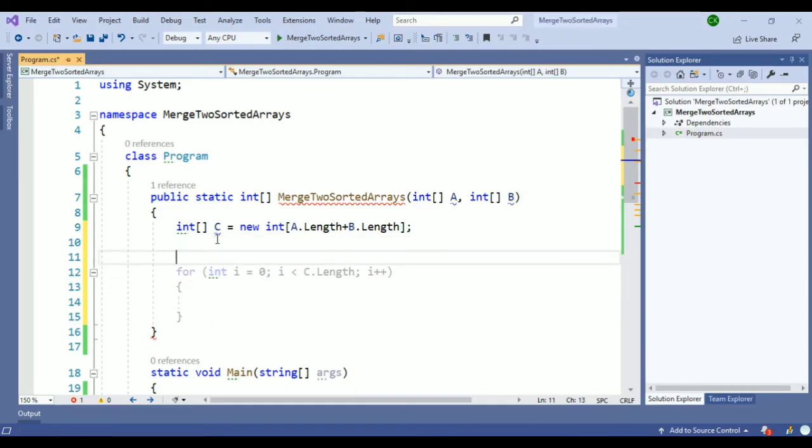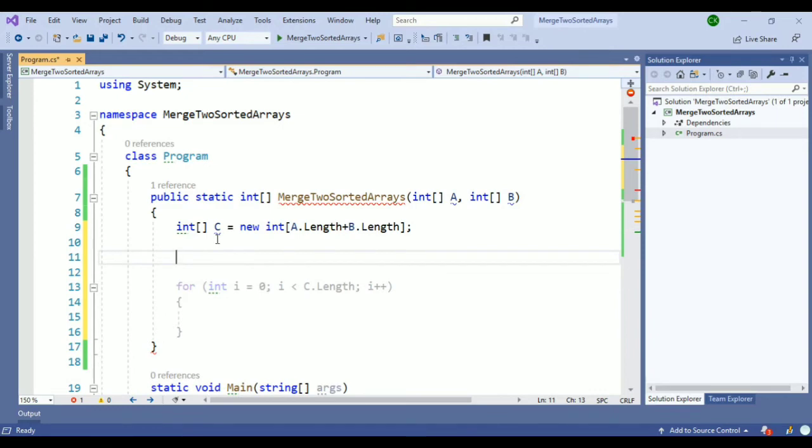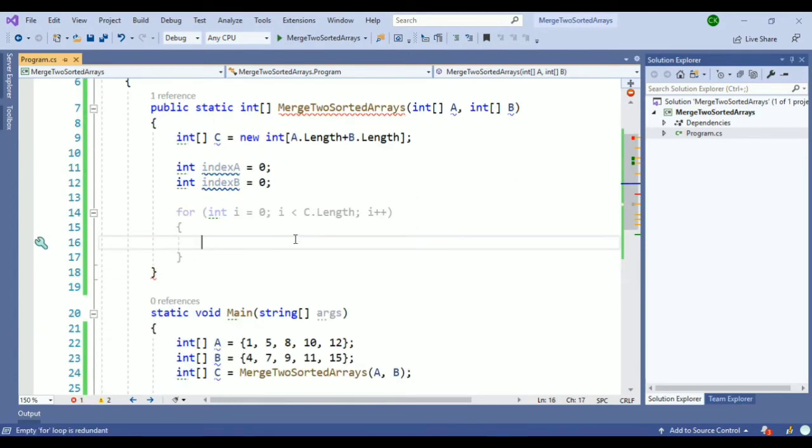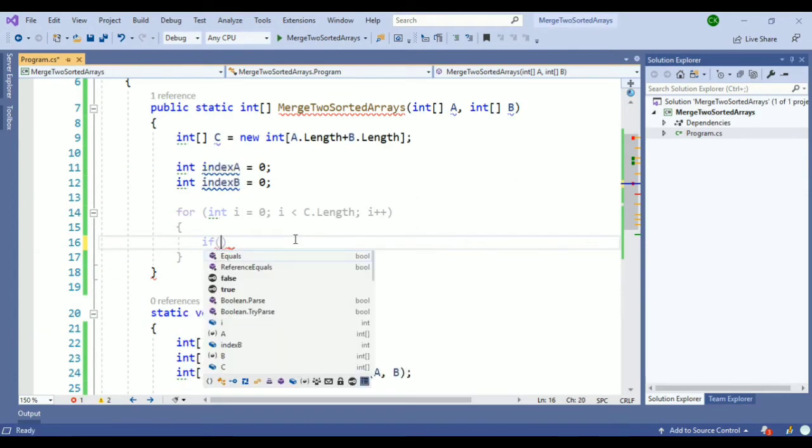I define two indexes, one for A, whose initial value will be 0, and another for B, whose initial value is also 0.